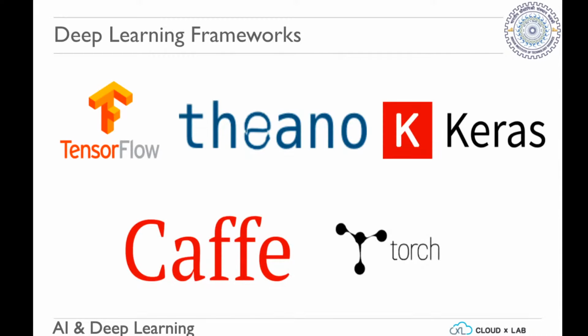Now, there are a lot of deep learning frameworks available: TensorFlow, Theano, Keras, Caffe, Torch. We will be focusing on TensorFlow and Keras. Specifically, we're using TensorFlow 2, in which the Keras API is available. It makes it a lot easier to build deep neural network based models. That is unique about our course compared to the currently available recorded courses. We're using TensorFlow 2 with Keras, while the previous courses use just TensorFlow 1.